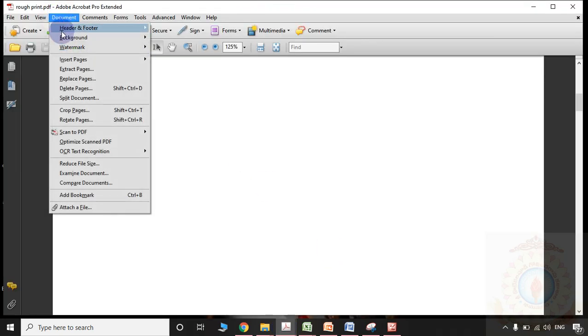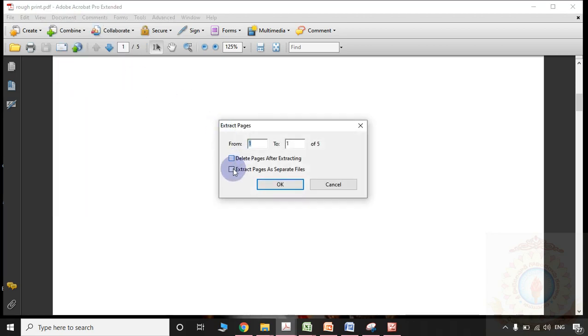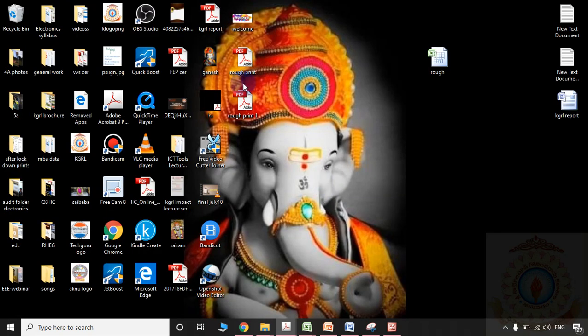If I am selecting document, extracting pages 1 to 1, I selected 1 to 1, extract pages as separate files. Then simply I pressed OK. Then what happened? The first page was saved as a separate document.